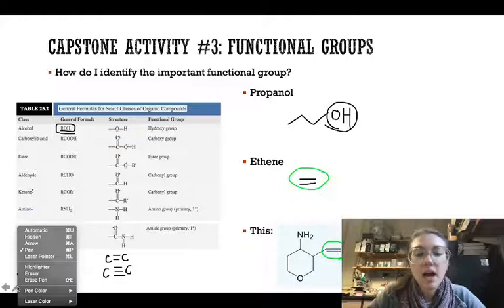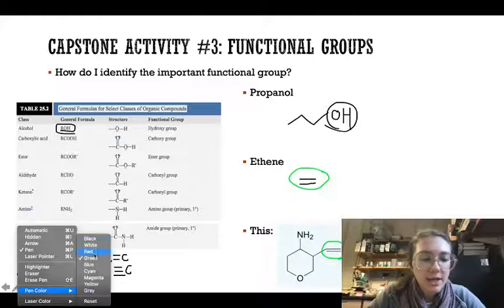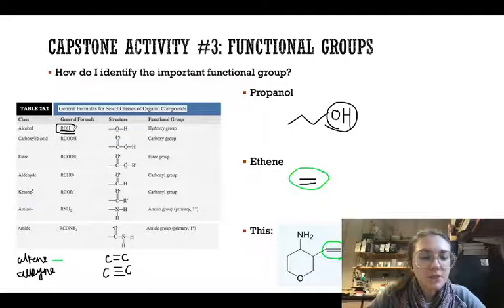Because carbon is not going to show up on the skeletal structure. Now I'm going to go back to the top just because I see that there's more functional groups here, and I see that there's no OH connected to a carbon. There's no carboxylic acid. There's no ester. There's no aldehyde. There's no ketone. There is an amine, so I found my amine, and there's no amide because there's no